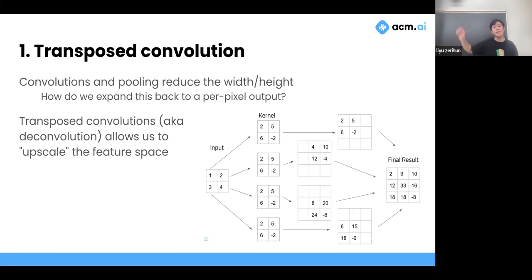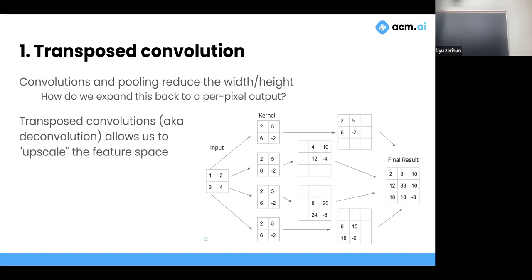The way we do so is via something called transposed convolution. Here's an example, right? Let's say we have input 1, 2, 3, 4, and we have our filter here. Basically, we take this kernel, 2, 5, 6, -2, and multiply 1 by all of these, and I'm going to put it on the top left-hand corner. Then I multiply the kernel by 2, and put it on the top right-hand corner. This is our output stride.